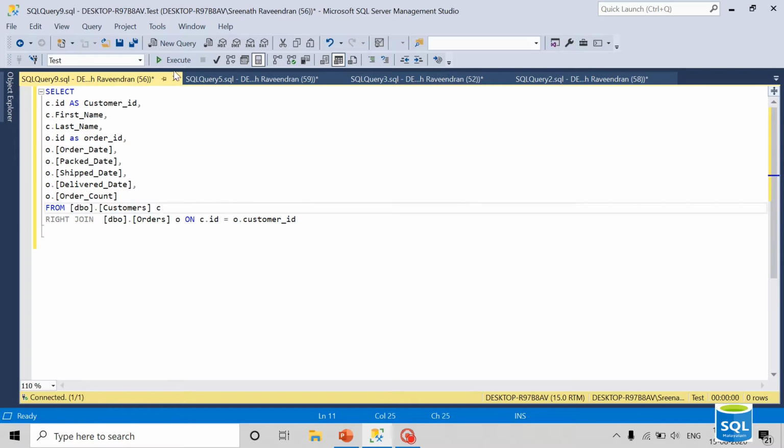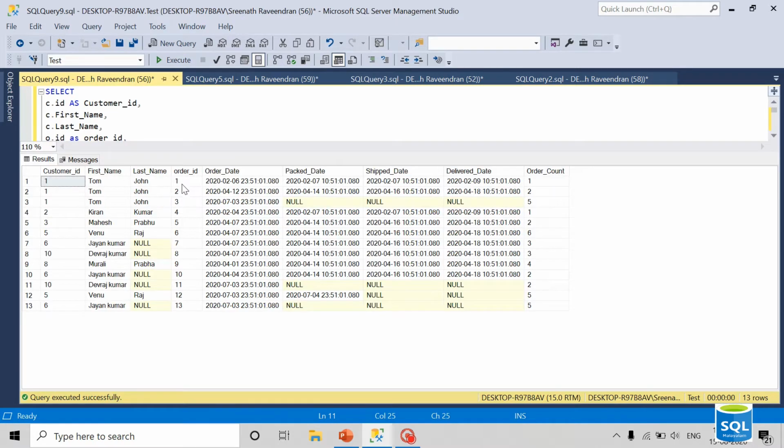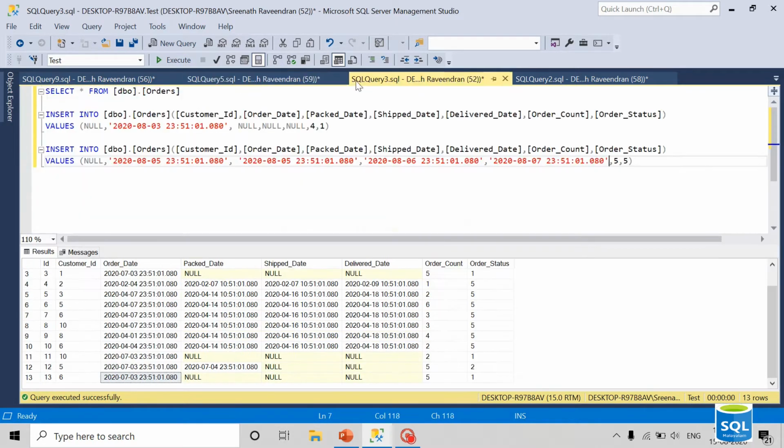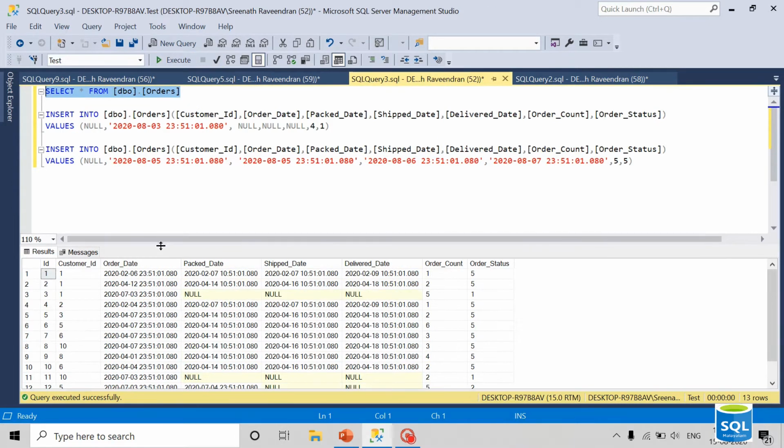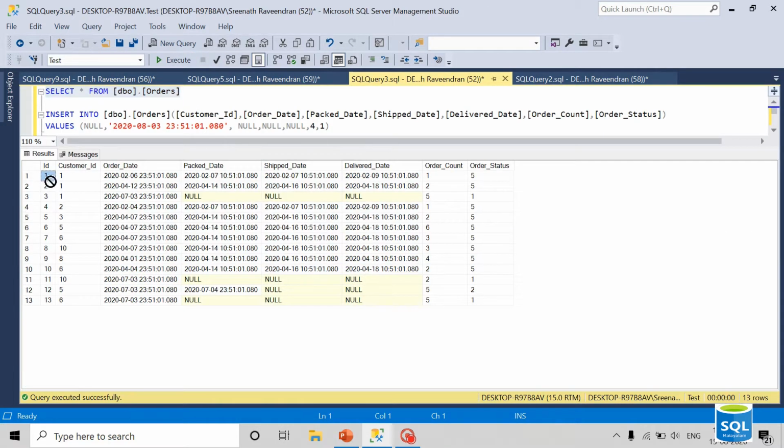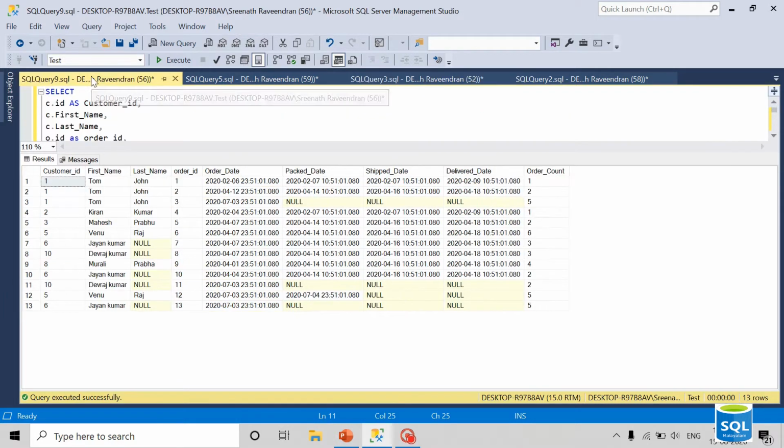If I execute this, let's select the orders table. I could see there are 13 orders placed, so those 13 records are selected, and the corresponding customer details are selected from the customer table.